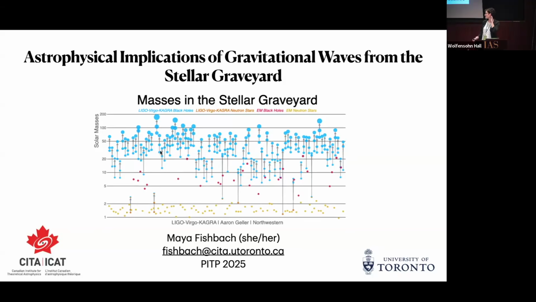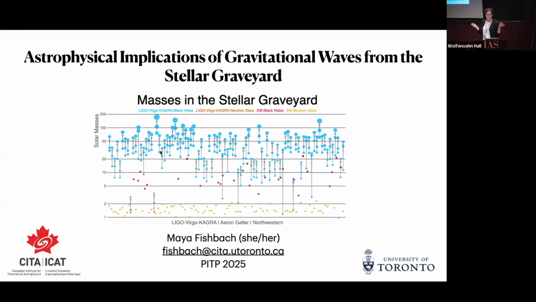And this is going to be a series of 3 lectures today, Thursday, Friday, I believe, about some of the astrophysical implications we can learn by studying gravitational waves from the stellar graveyard. So what I mean by that is really stellar mass black holes and neutron stars, although I won't talk too much about neutron stars. But of course, the stellar graveyard is also in reference to this famous figure, which shows